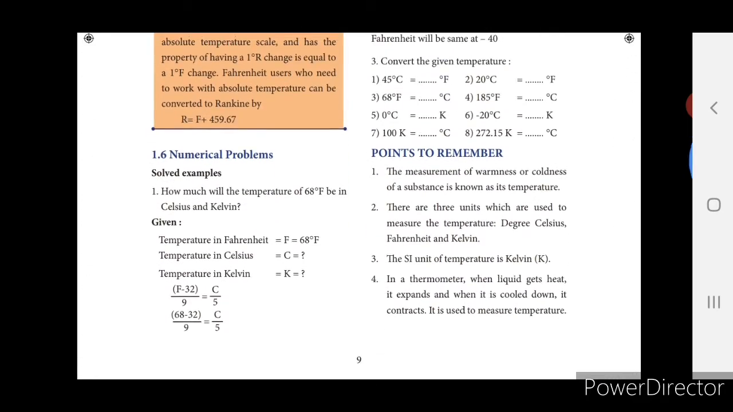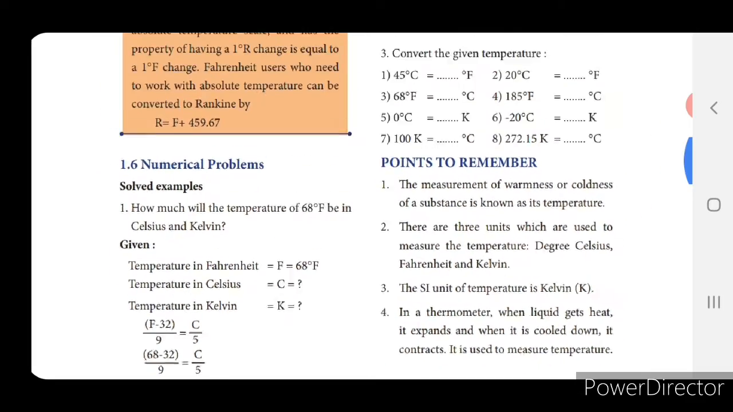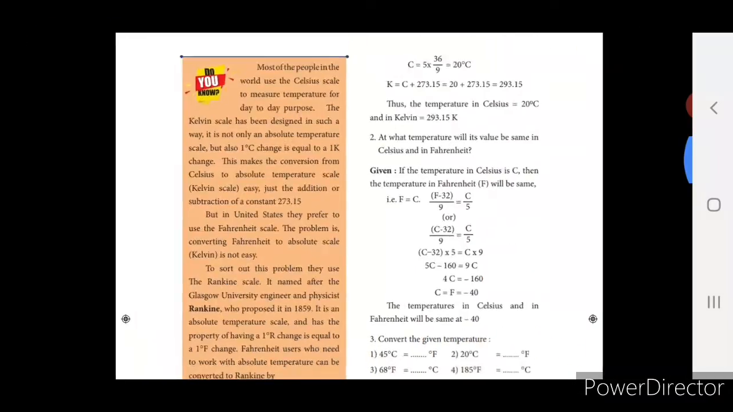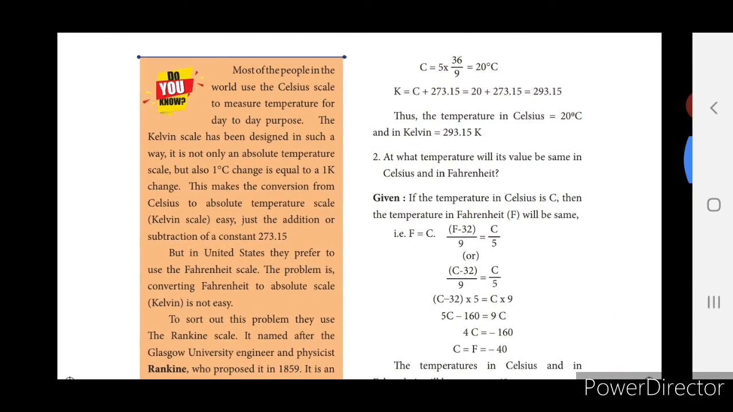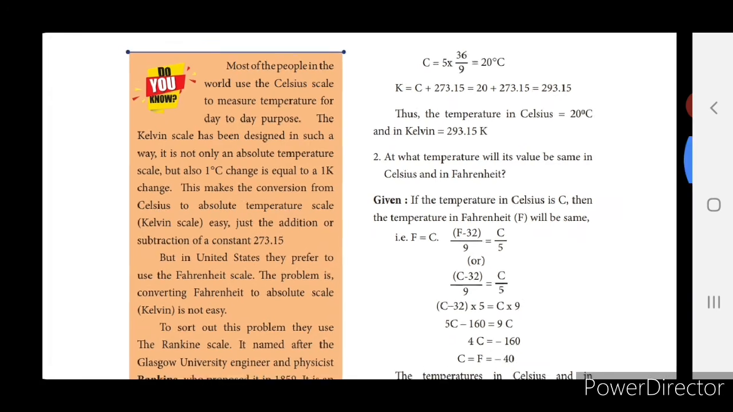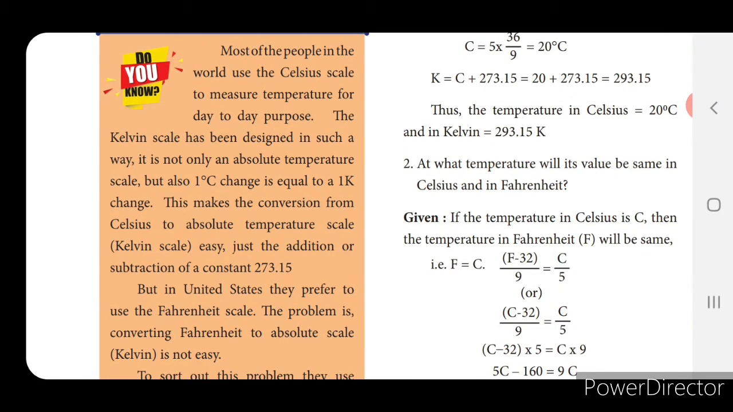You can see this numerical problem. Before going to this, we'll discuss this. Do you know? Most of the people in the world use the Celsius scale to measure the temperature for day-to-day purpose. The Kelvin scale has been designed in such a way it is not only an absolute temperature scale, but also 1 degree centigrade change is equal to 1 K change. So this makes the conversion from Celsius to absolute temperature scale easy. So just the addition or subtraction of a constant